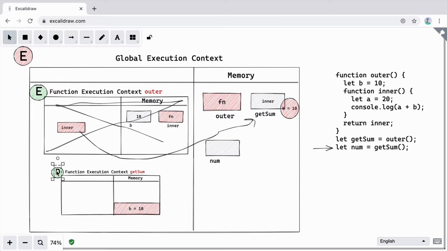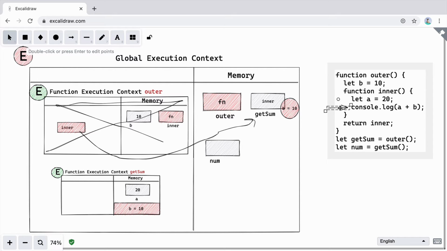Now this is in declaration phase. In the declaration phase, inside the function inner, we see a variable declaration called a. So we'll create a box. The name of the box is a, and it will not be assigned any value because it is declared using let. The declaration phase is over because there is no more declaration. So we'll move on to the execution phase. In the execution phase, the value of 20 is assigned to variable a. So we'll assign the value 20 here.